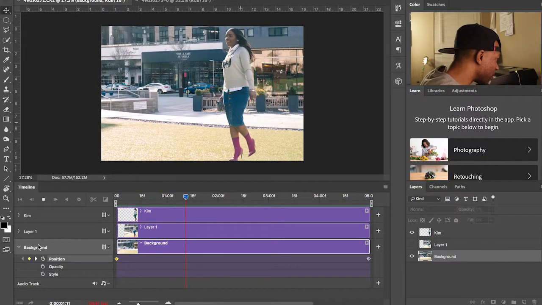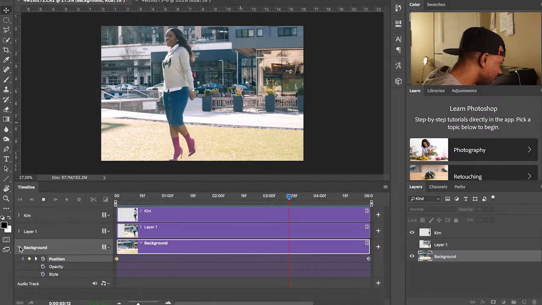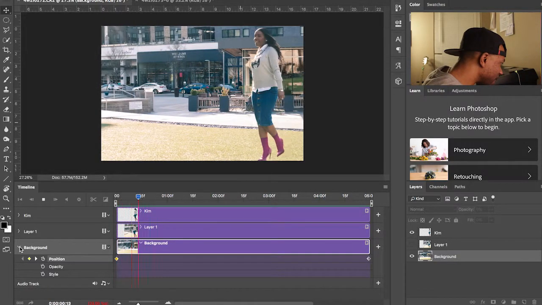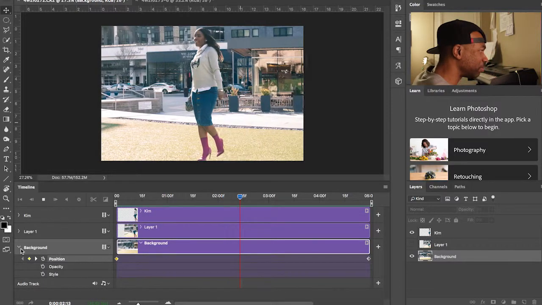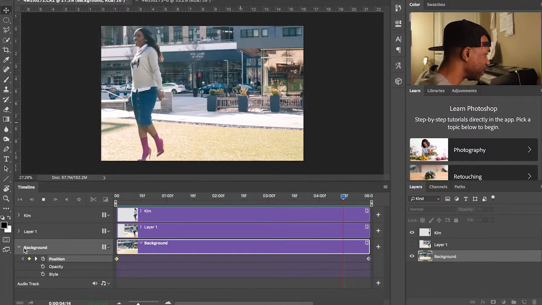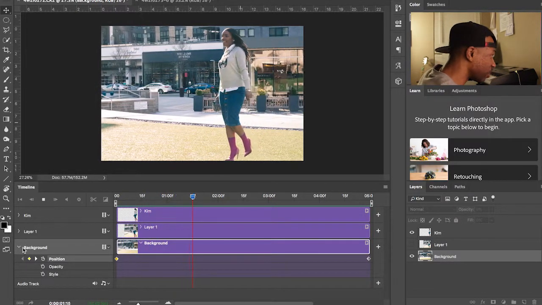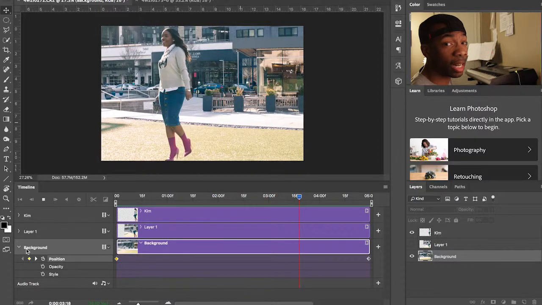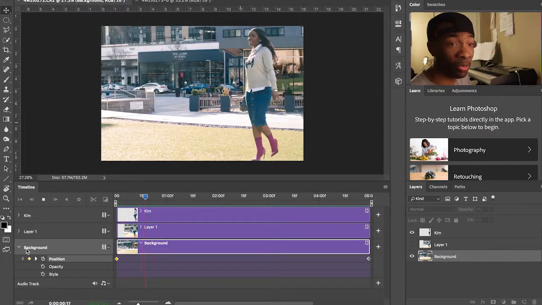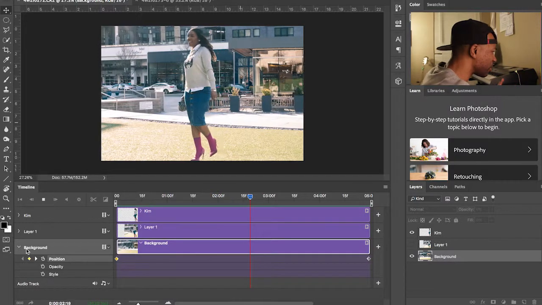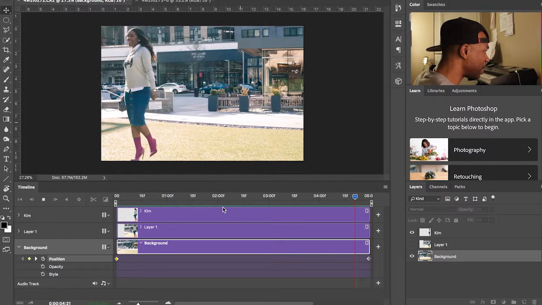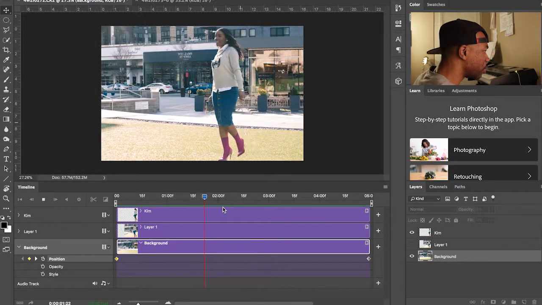So, now to be honest, I have to figure out why it doesn't say transform anymore. It used to say transform. That part I have to kind of figure out, and I don't know why it doesn't. If I do, I'll probably make an update to it. If you know how to make it transform, put that in the comments, and I would definitely thank you for that. But anyway, so there it goes. You see her moving and